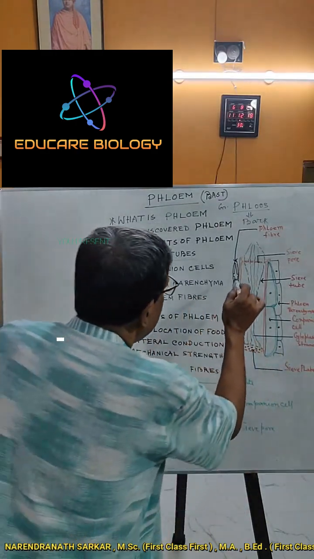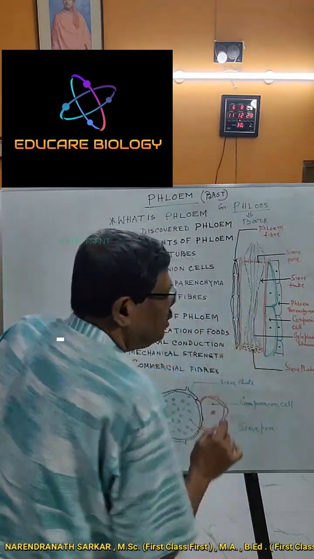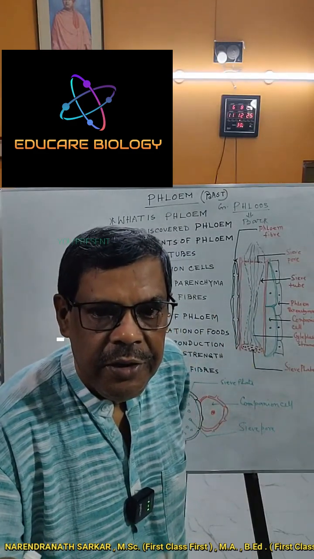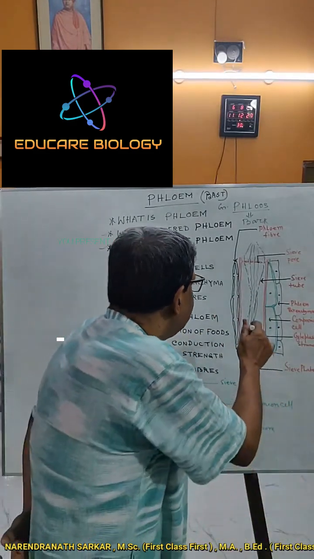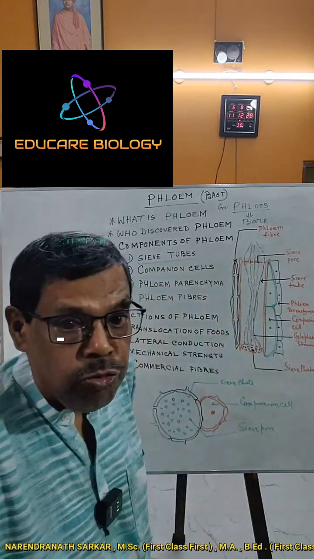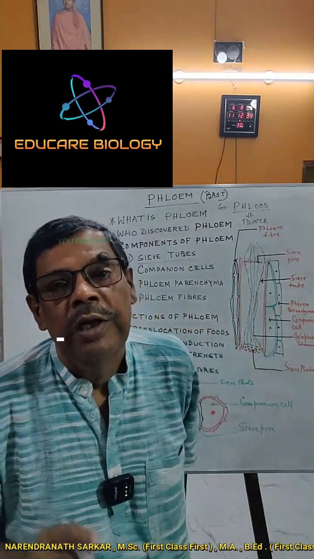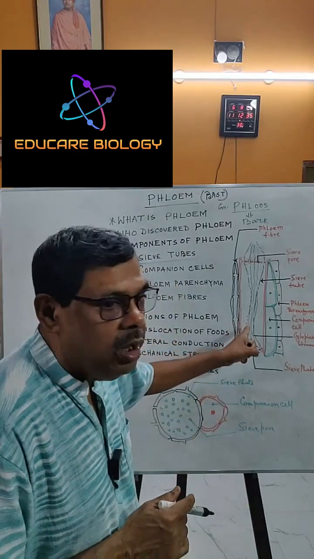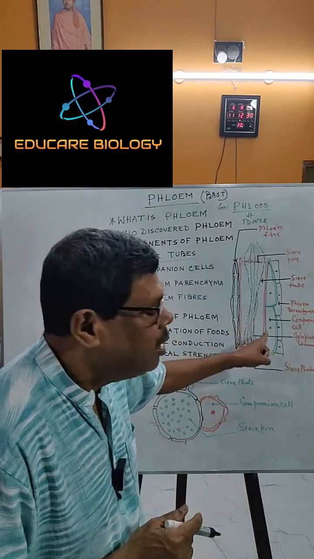Next, the walls of sieve tube cells are thin cellulosic. So, sieve cells constitute the sieve tube. This sieve tube is joined to the